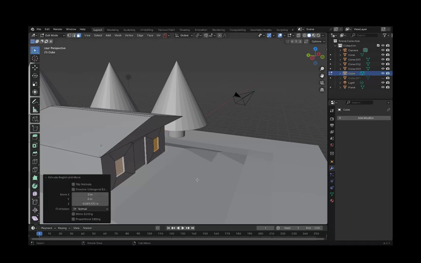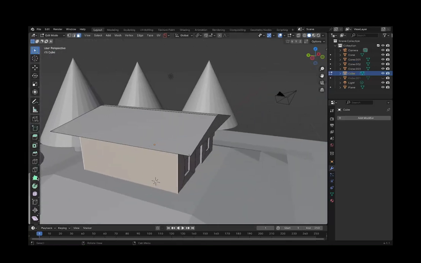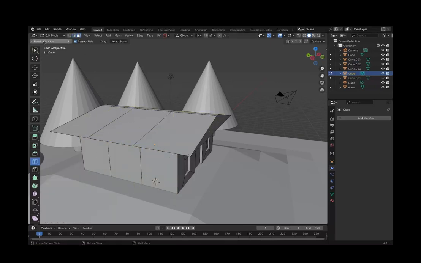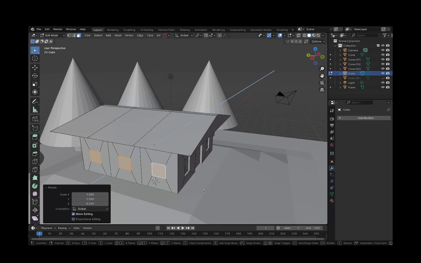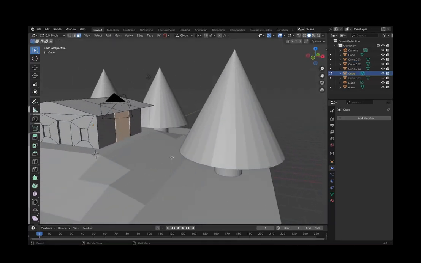So now we can extrude those back and use the same loop cut tool. It's called the loop cut tool, what we use to make the hill. Let's do 2 loop cuts and make a few more windows along the house like this. Now you see it's insetting like this. And if you press I, it will do separate insets for each face. So I want to do that. Scale these down and press E to extrude them back. Let's only do one window on this side.